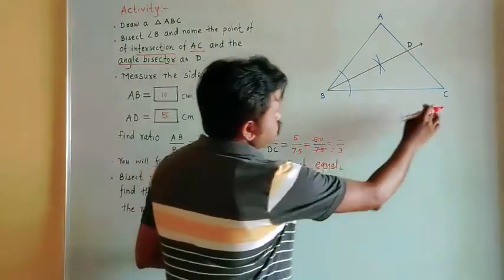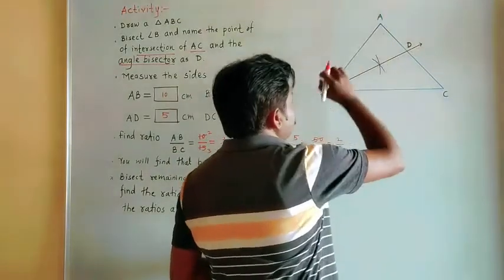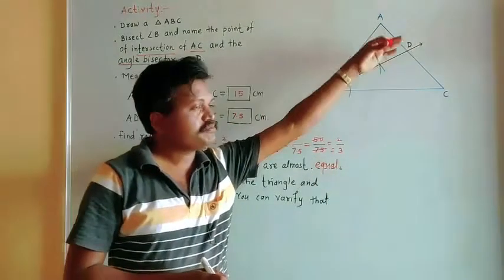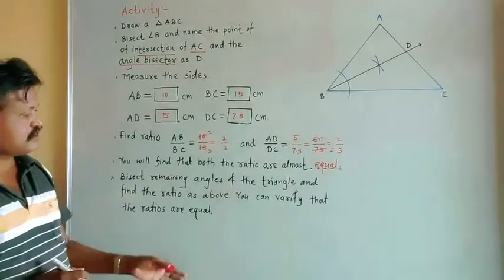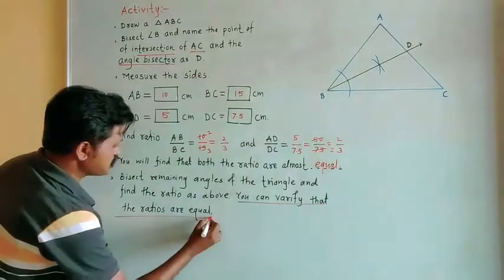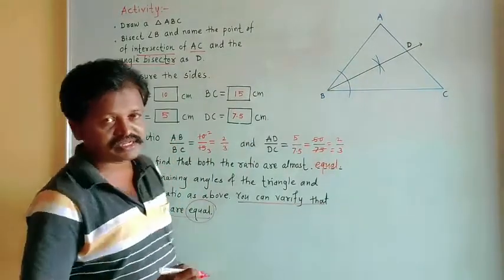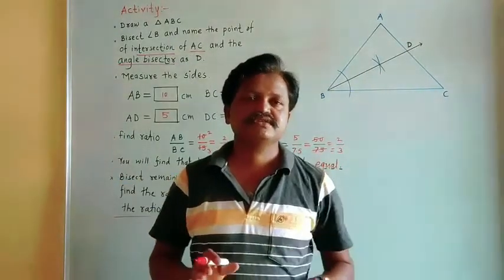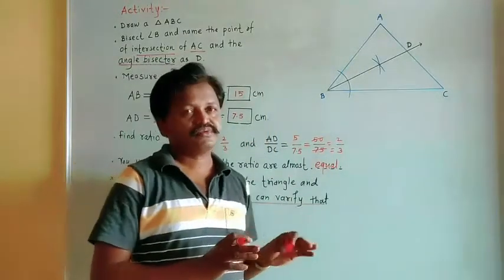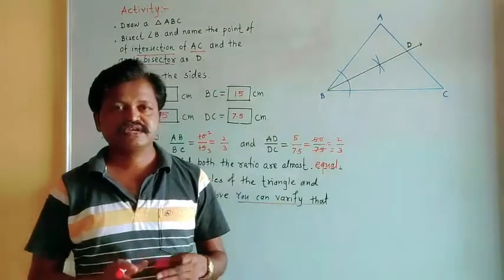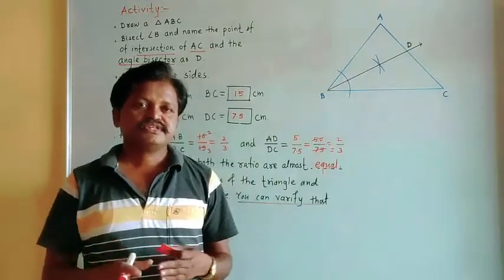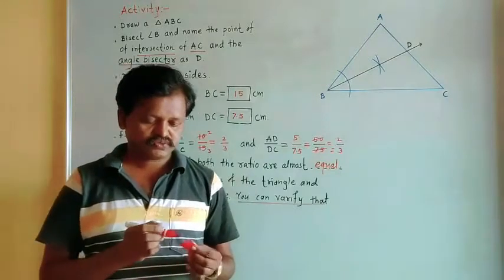काय करायचं आहे? अँगल C, अँगल A, अँगल B प्रमाणे बायसेक्ट करायचं आहे आणि तिथं जसं तुम्हाला रेशो मिळाले तसे रेशो शोधायचे. And you can verify that the ratios are equal. तर आपल्याला काय म्हणणार आहे? सर्व रेशो समान आहेत. So that is the angle bisector property. We see this property as a theorem in the statement and prove this theorem. So we shall see in the next part.